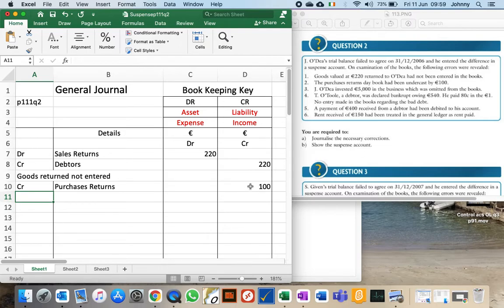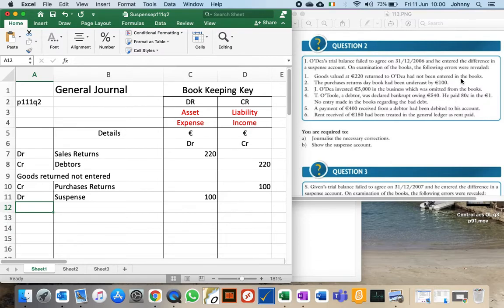Because I only have 100 in the credit here, which means the two sides won't add up to be the same. So there will be a suspense, which will have 100 on the debit side. And it's a debit. Next one, JOD invested $5,000 in the business, omitted from the books, like the first one,